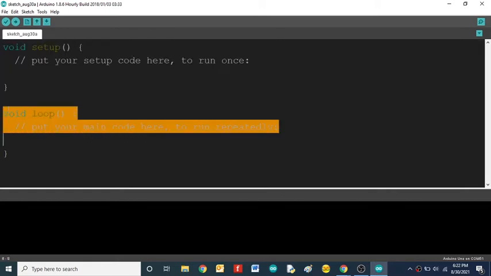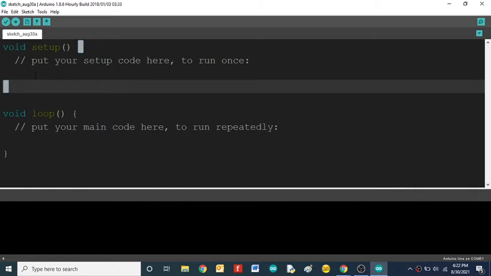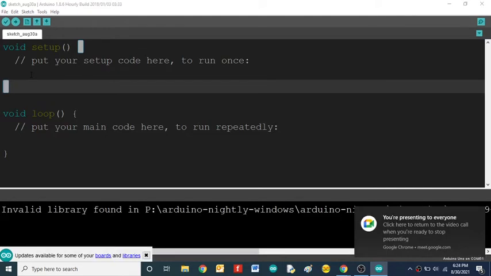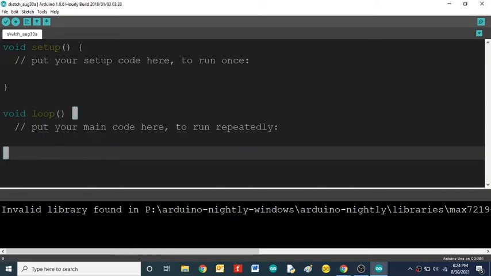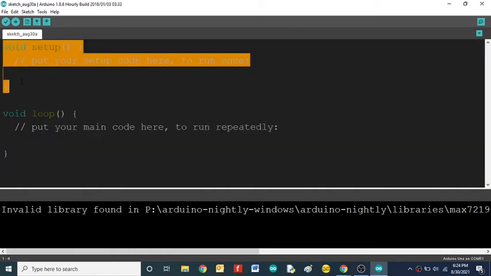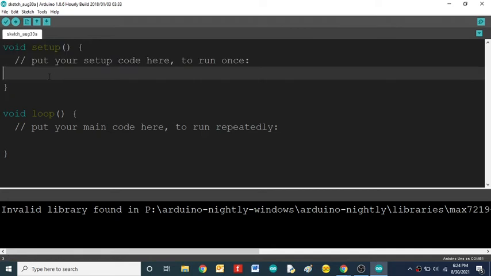and void loop. So what is meant by void setup? Can anyone please tell me? You already know that your whole program is divided into two parts. One is void setup, so this is the default structure, okay, and void setup is used to initialize the pin modes and the variables, and we have to write the code here for the setup.